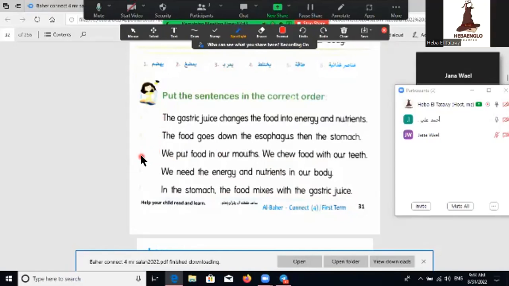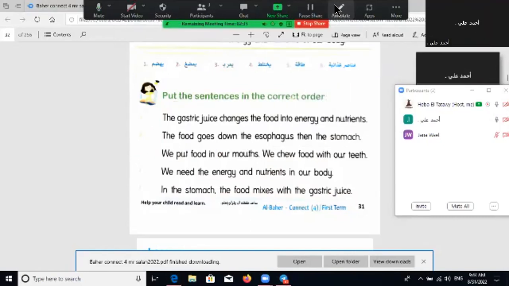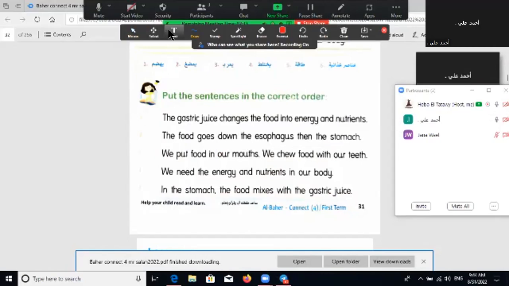Ahmed, where's number one? What happens first? The gastric juice changes the food. No. These sentences are not in order, Ahmed. Reorder them. Okay. What happens first in the digestion process? We put food in our mouths. We chew food with our teeth in our mouth. Yes, super. We put food in our mouth. Yes, Jana. Then